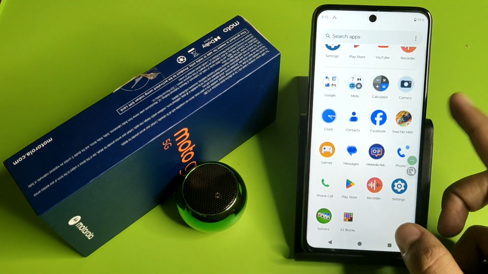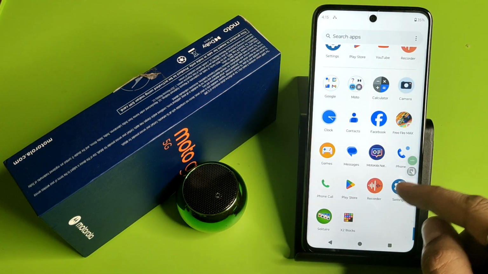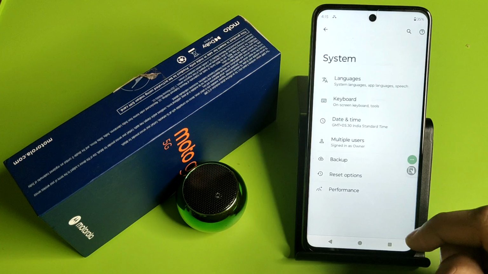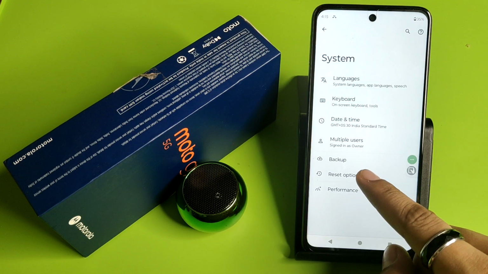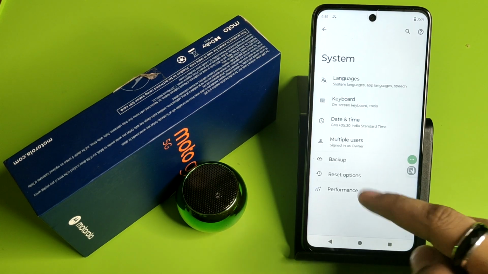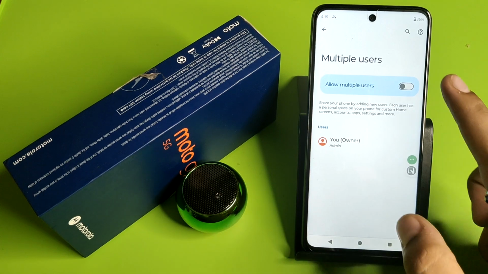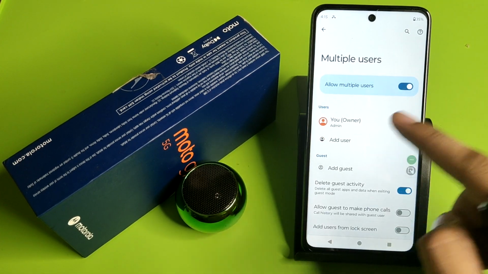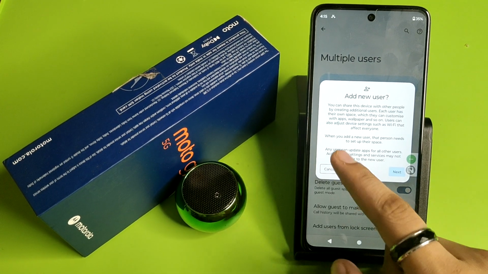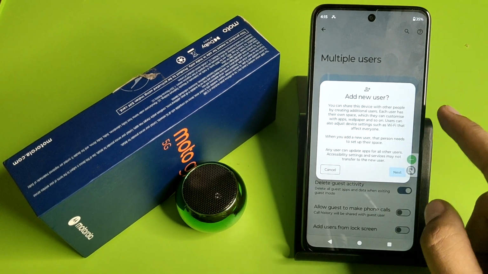First you have to simply open your settings, click on system, here it is performance, and here it is multiple user. From here you have to enable it, click on add user, and you can share this device with other people